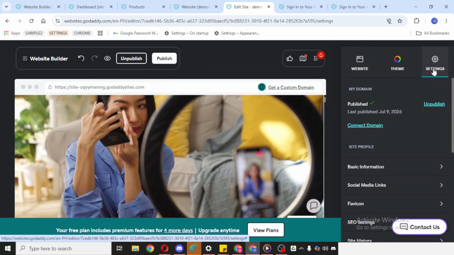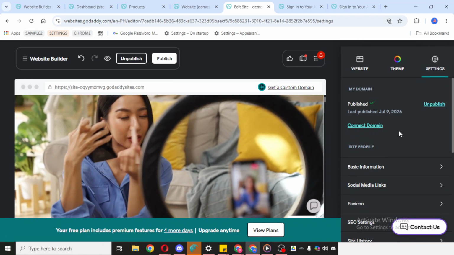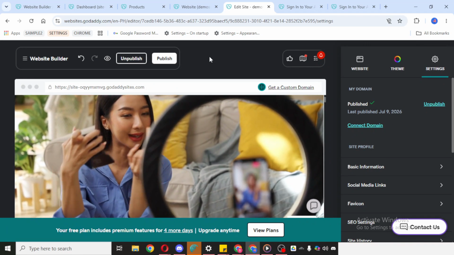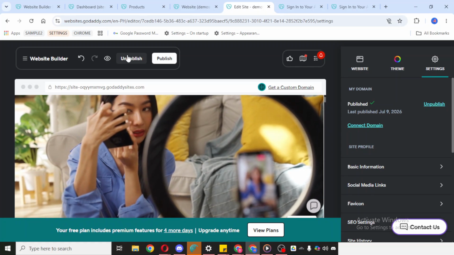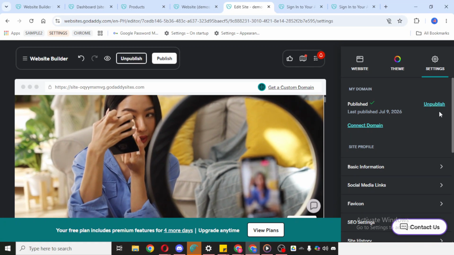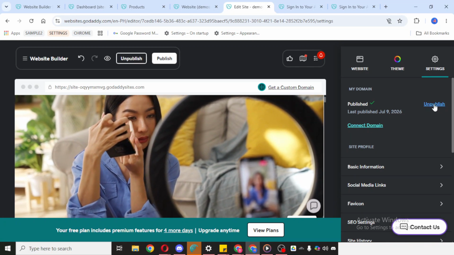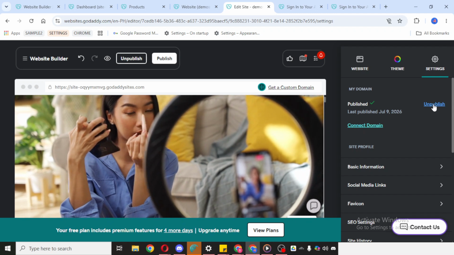Look for the option that says Unpublish and click it. After you do that, GoDaddy will begin taking your website offline. Once the process is complete, your site will no longer be visible to the public. So if your goal is to stop visitors from accessing the site, this is the action you need to take.